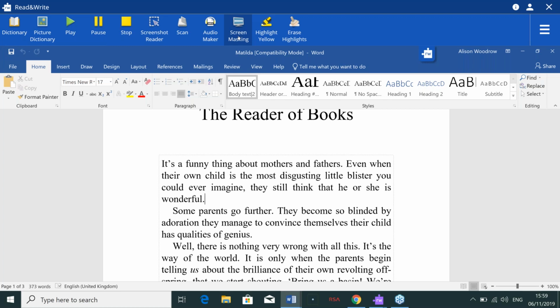Thinking maybe of things like Meares-Irlen syndrome, students perhaps who struggle with dyslexia. These are all the kind of readers that can be helped using the screen masking function. Essentially what this screen masking function does is it adds a coloured overlay to the screen or to the text, allowing a student to focus more easily. So if I simply click on screen masking now,